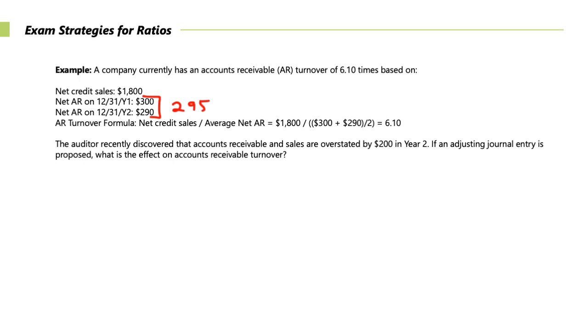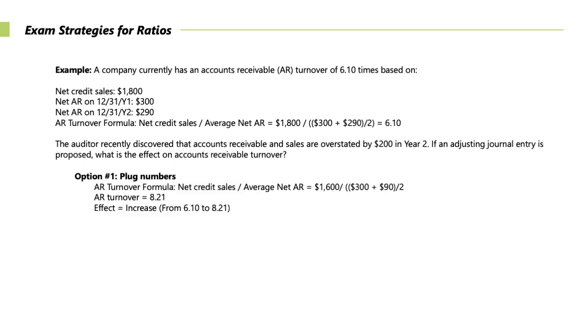What does 6.1 mean? Take 360 and say 60 days, right? And divide it. And what do you come up with? Approximately, I'm just using simple math here. You're coming up with about once every 60 days, your items are collected. Everybody see how I've done that? Very, very straightforward, right? So let's move on to our next slide.